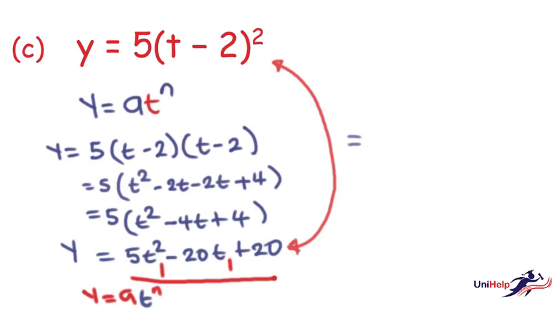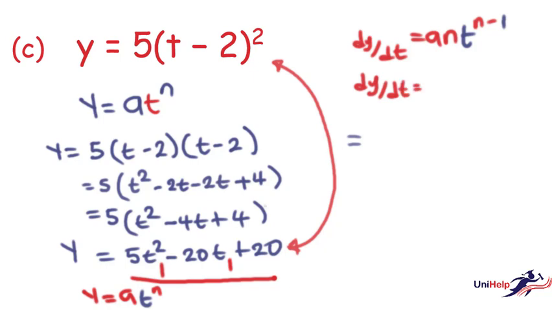Therefore, the general rule for differentiating a function, that is dy over dt, in this case, because we are differentiating y with respect to t, is given as n a t raised to the power n minus 1, which for our problem, dy over dt would be, for the first part,